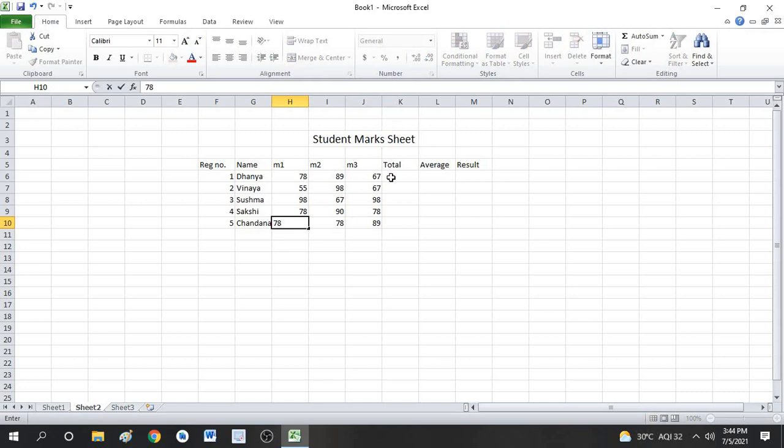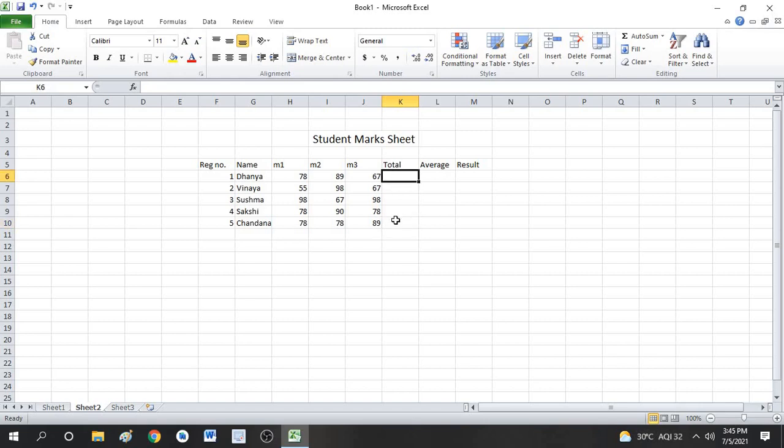So now what I need to do, I have to calculate the total marks. So in the Word you have seen, you had used the formula equals sum and you have given the values, like whether you want from the left, above or right. So here what I can do is I have to use the formula. So wherever I want to perform the calculation, there I have to place my cursor. So if I want the calculation here, then I have to place my cursor here, or if I want at this point, I have to place my cursor here.